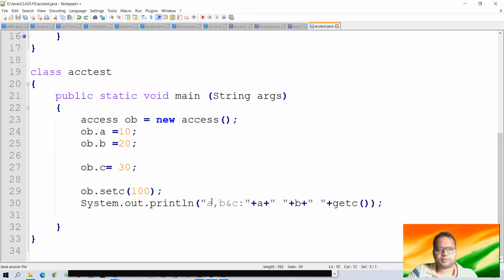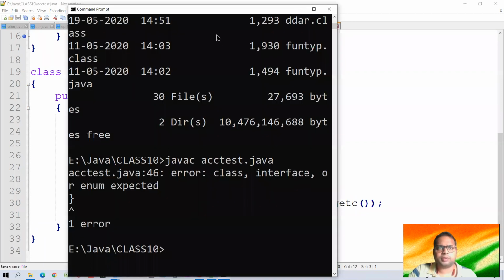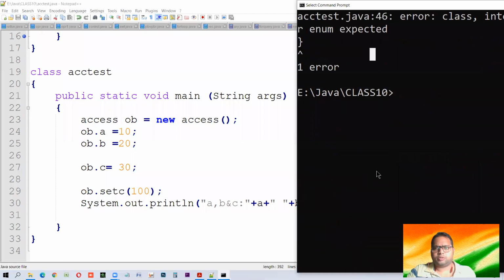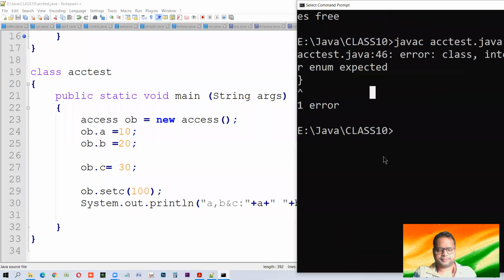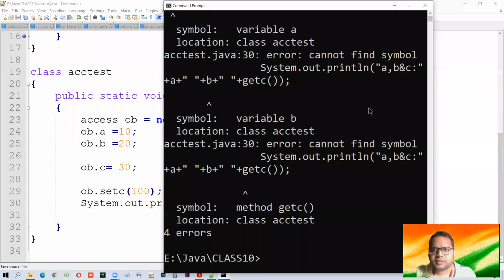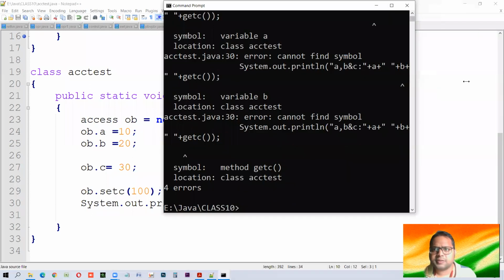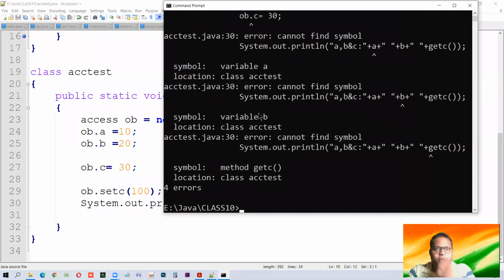Let us first compile this and see. Now let us see the errors that come up during compilation. Let us reduce the size. Four errors.